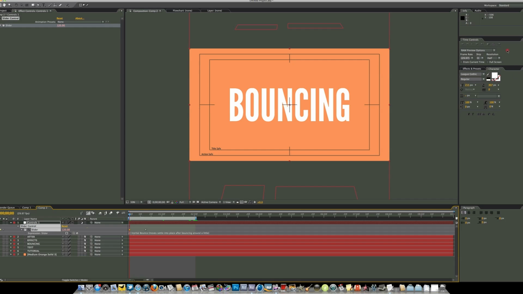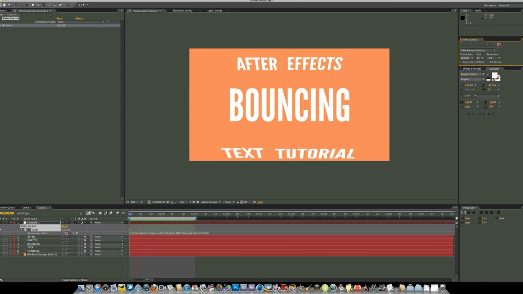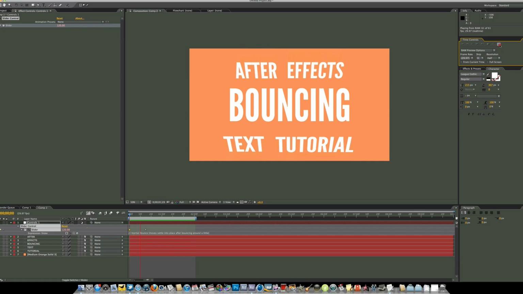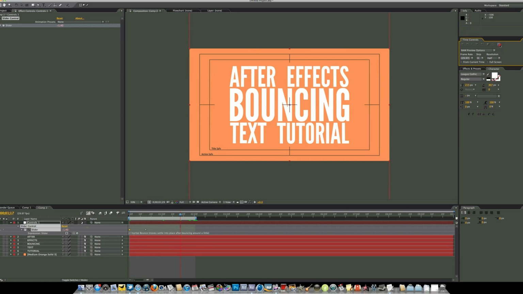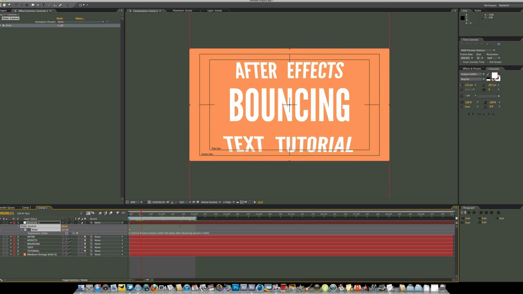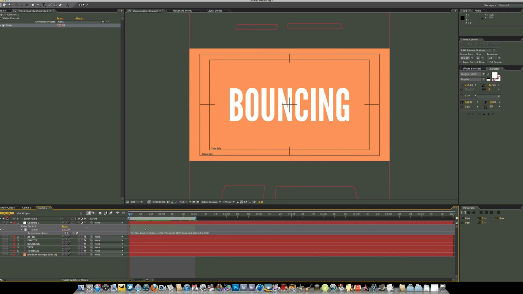And now if I do a RAM preview, you can see that that is done within 2 keyframes. So now you can see that the After Effects and the text tutorial come in at the same time, and that's not what we want. We want each word to come in randomly. So to do that, all we have to do is